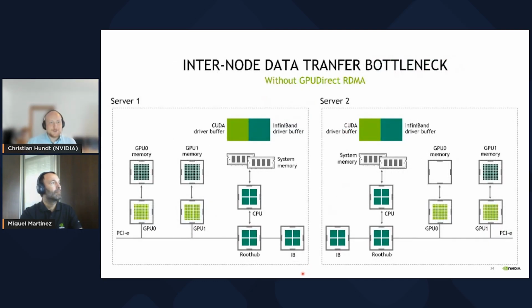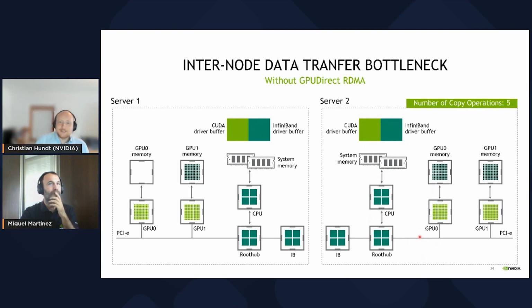When we have several GPUs in different servers being interconnected by a network, then in the naive way, we would have to copy data from one GPU to another as follows. Copying it involving the CPU to RAM, then staging it in the driver buffer of the network device, then copying it via the network to the staging buffer of the other network device, then copying it back to the driver buffer of the other server. Exactly now this happens, and then copying it over PCI Express to the other GPU. 5 copy operations, incredibly expensive.